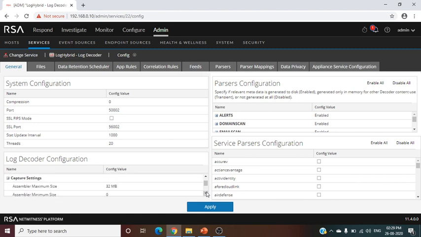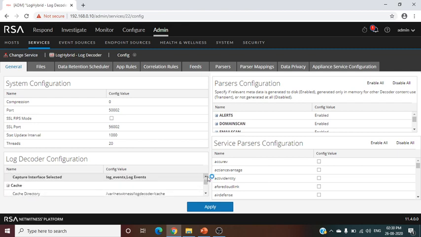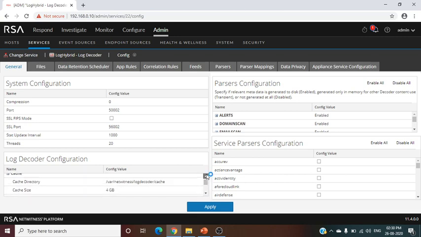The rest we will leave as default, unless any specific requirement comes from your client or it should be changed under guidance of the support team. So the rest of the configuration you can leave as it is, default.